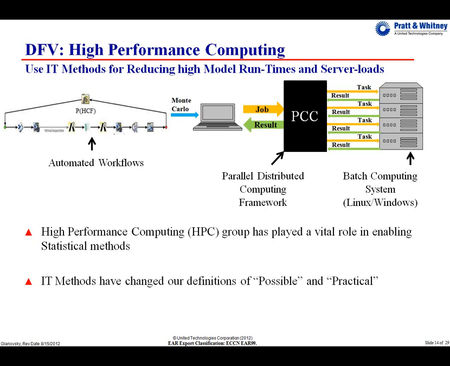The IT group gave us a framework for parallel computing. They had already created batch rings of Linux or Windows computers. Any one computer on that ring, using a software called PCC, could take one large job that could be broken up into chunks. Each chunk was a Monte Carlo run. Each chunk was a separate design, and send those chunks out to every computer on the ring. It could be processed, sent back to the main computer. All the results were tabulated together, and then the final results handed back to the user. This is what changed DFV from being possible to practical.